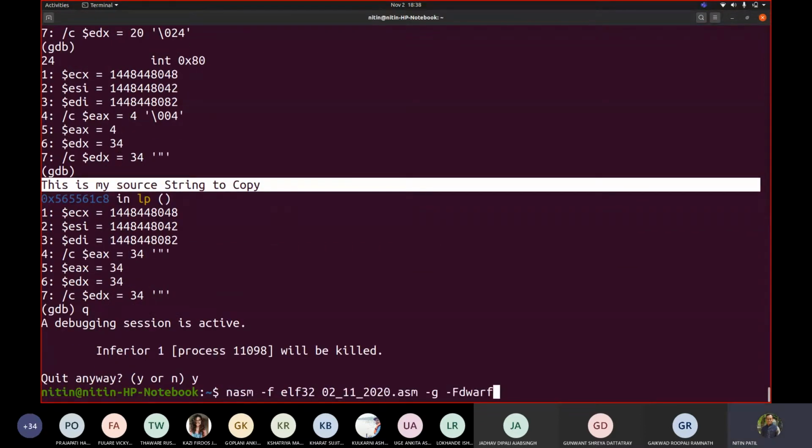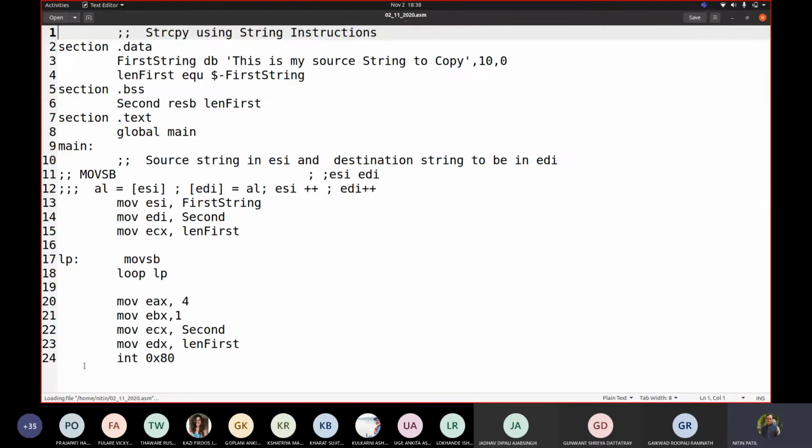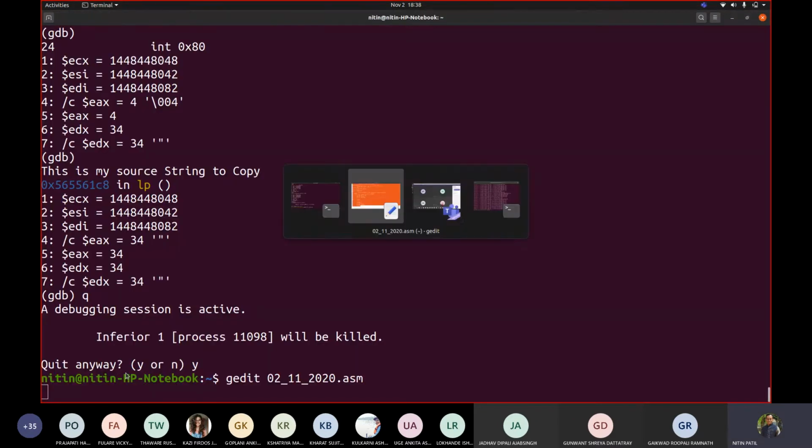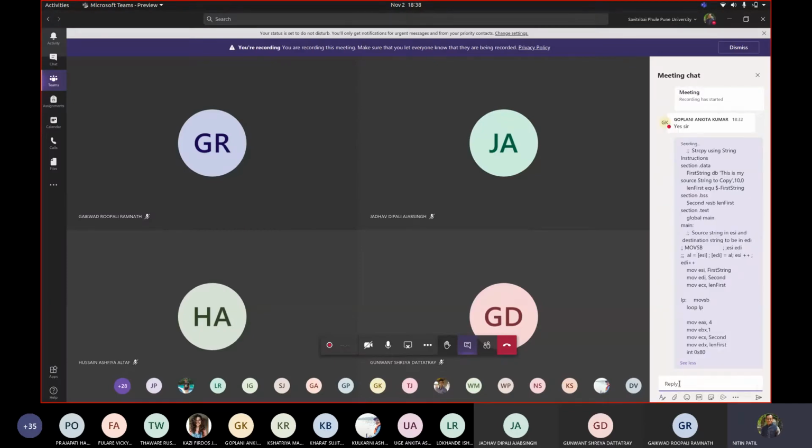Let me copy this code into our chat, so maybe you can try side by side. This was the code. I added comments also so that you can understand it later. If at all, I will add this code as well there. Now I was talking about whether we can remove that loop.